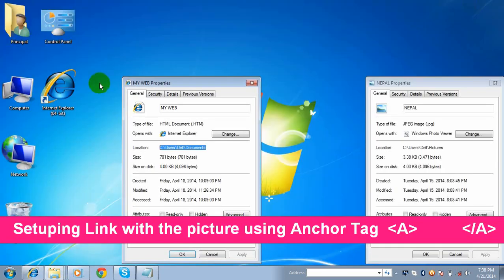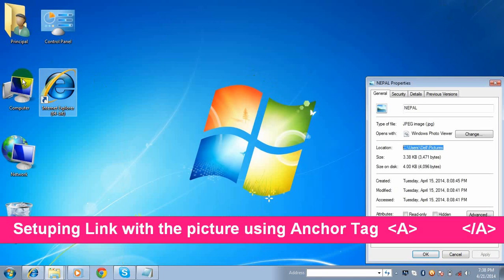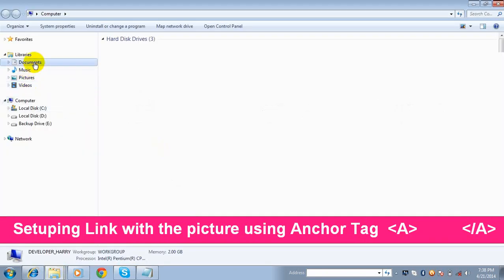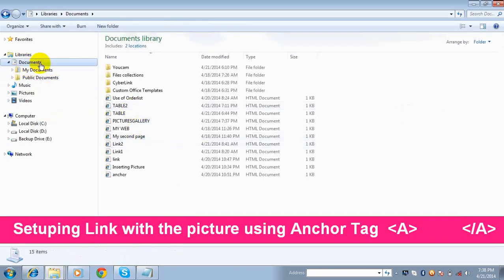For example, inside Computer, inside Documents, inside Libraries, Documents, here we have my web. Now I want to insert this HTML document. I want to link this HTML document with the Nepali flag. When someone clicks on the Nepali flag, the visitor can get information about Nepal.